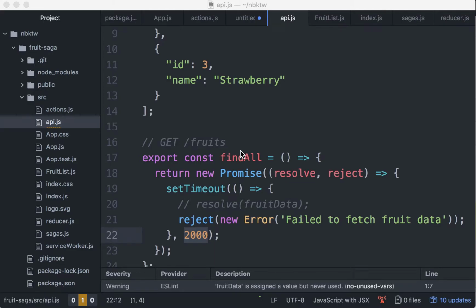Welcome back, everyone. In this lesson, we are going to learn how to handle the fetchFruits-failed action. We're going to learn how to deal with an error. So, looking here at our saga, just before going there, remember that the find all, we modified it so it will always reject with a new error after 2 seconds to simulate a problem from this fake API